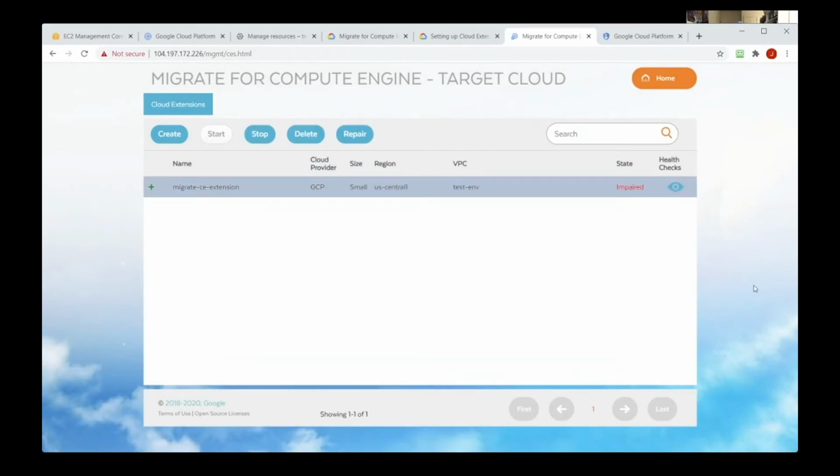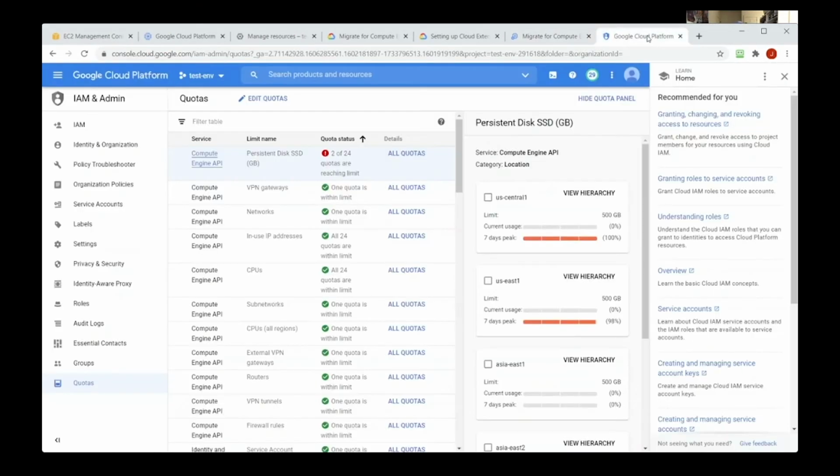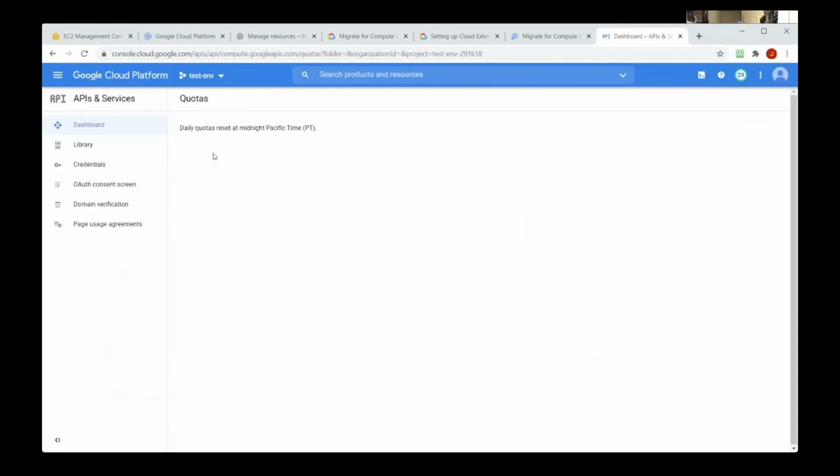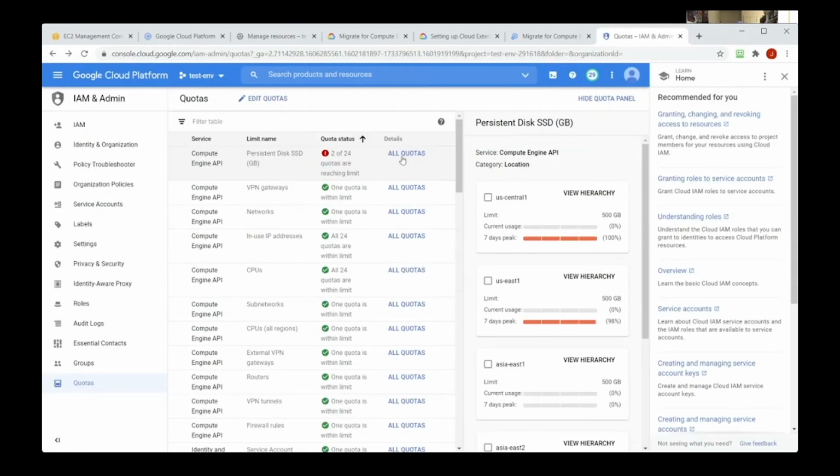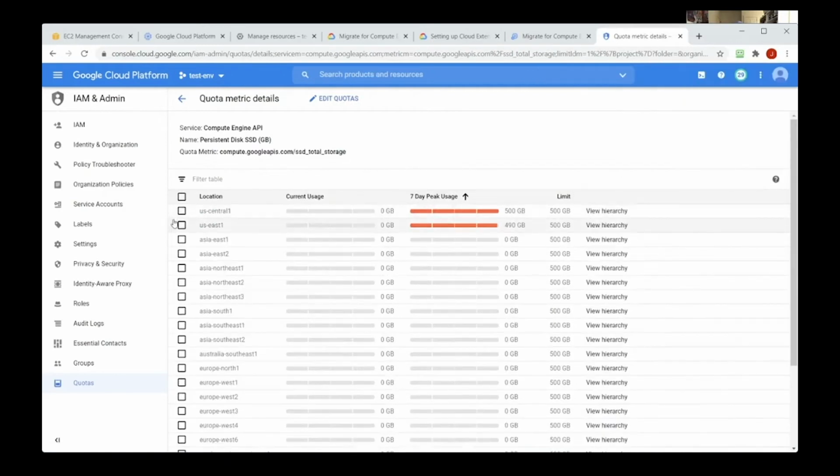Cool. So it looks pretty good, but your status was impaired. I don't know what that's about. Yeah, so remember that issue? I wanted to go through this and run into this issue. Remember that quota issue I was talking about earlier? Yeah. So I made it a point so I can walk through just fixing the quota, because you're definitely going to run into this,